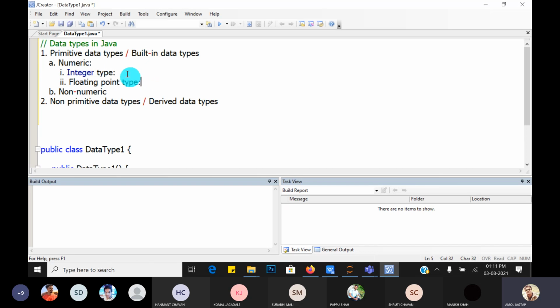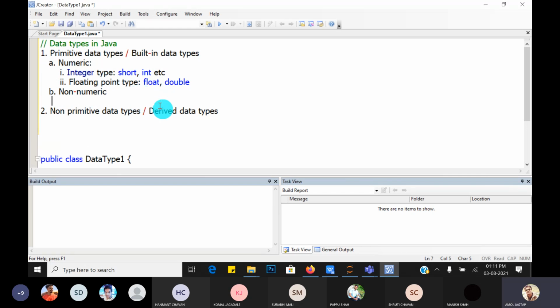Great. So integer type data types are, we know integer. There are a number of data types which are integer, that is short, int. Okay, so we will see one by one. Then floating point are float, and second one is double. So these are the floating point data types. There is a decimal point in that.